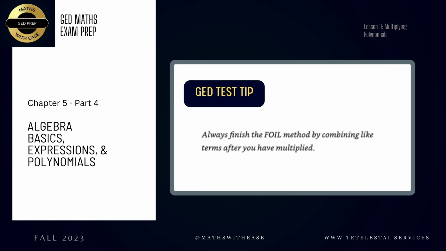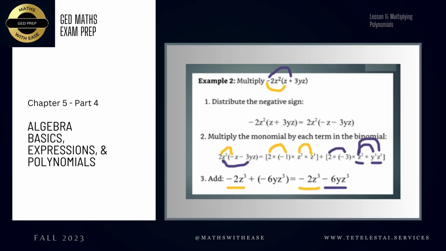Here's a test: you always finish the FOIL method by combining like terms after you've multiplied, okay? And that's exactly what we just did here. We multiplied terms, and then we combined like terms, and then we ended up with our final expression that has unlike terms. So a good way to check your answer, your final expression, is to make sure that there